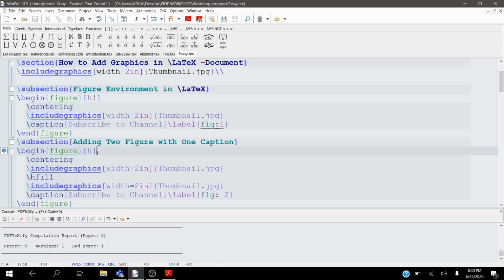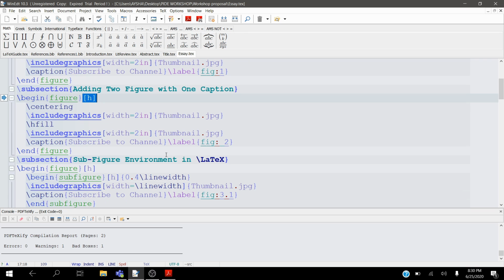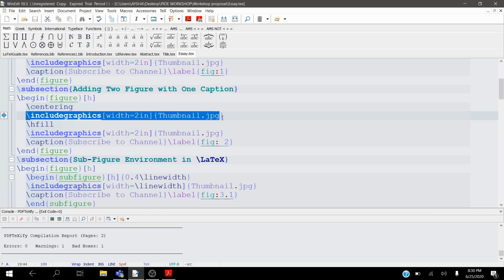We want two side-by-side figures with a caption. So we will again use the figure environment, and we will position our graphics in our document. We want it to start from the center of the line and move along as we keep on adding our graphics. \includegraphics, this is your first image you want to insert, and then you give the \hfill.